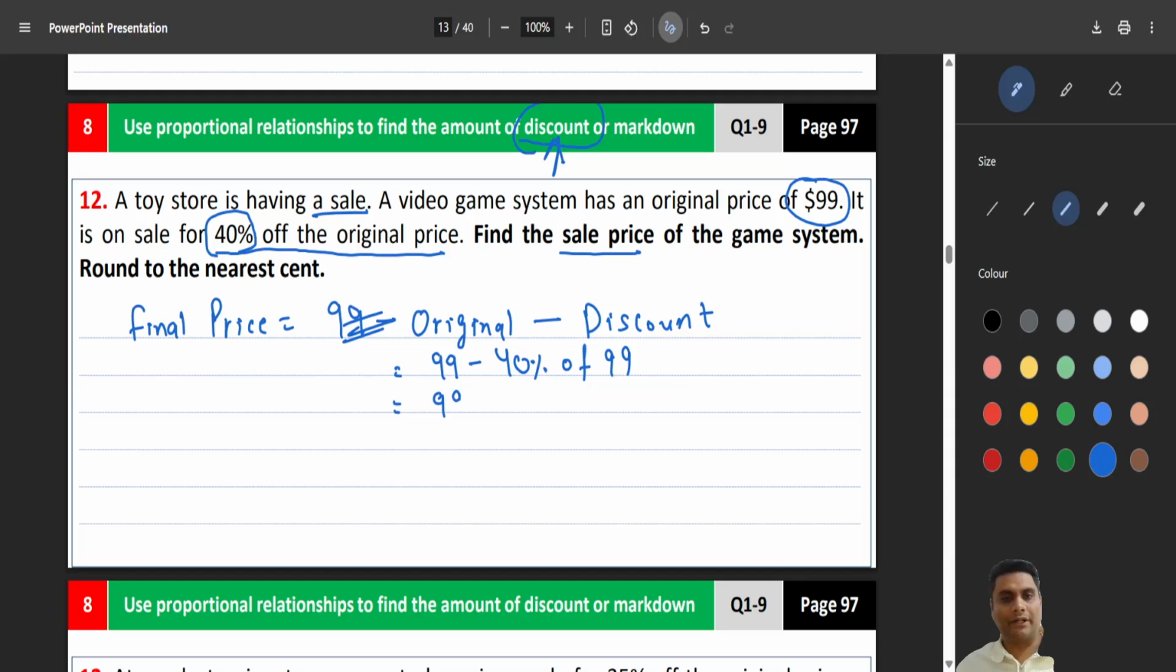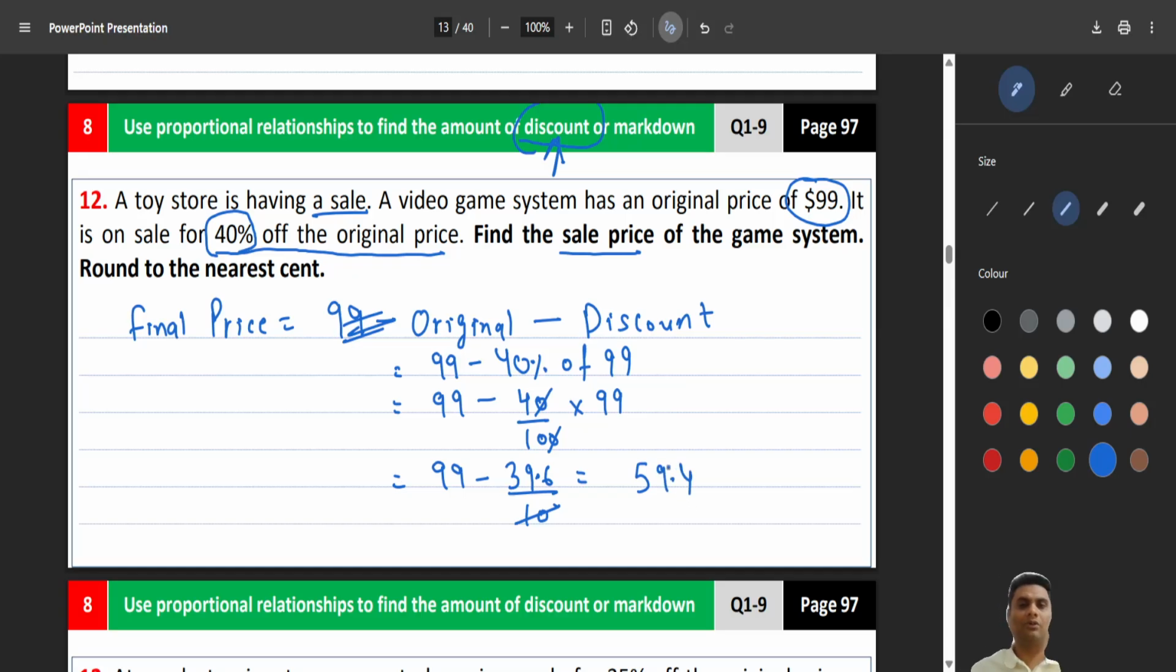So solve it. 99 minus 40%, that is 40 divided by 100 of, meaning multiply, 99. So you can cut the 10 with 10 here. 99 minus 99 times 4 will be 396 divided by 10. There is 10, so after one number put the point. So 99 minus 39.6 will give me